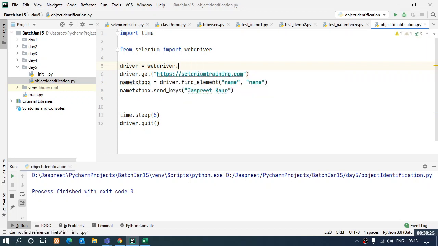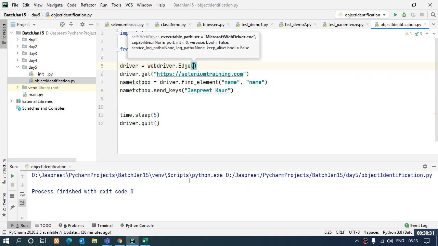Likewise Edge, IE, Opera, Safari, whichever browser you feel like using, you can use over here. Okay. The installation part has already been covered in the very first class. I'll request you to please go and visit the first trial class for the details. Okay.